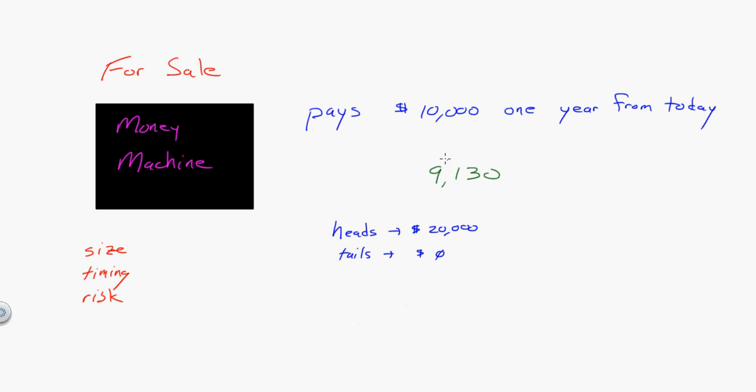So would you rather have the machine that guarantees you $10,000 or take this risk or this gamble of getting $20,000 or 0? Most people would say I'm willing to pay less money for the risky proposition right here because I don't like risk. But importantly, the three things that matter: the size, timing, and risk of the cash flows matter. Okay, so hang on to that for just a second, and we'll go to the next step here, and I want to talk about specifically how that's going to matter.